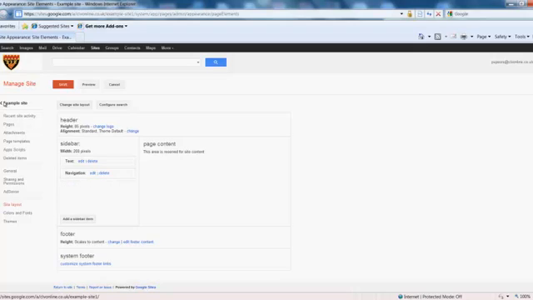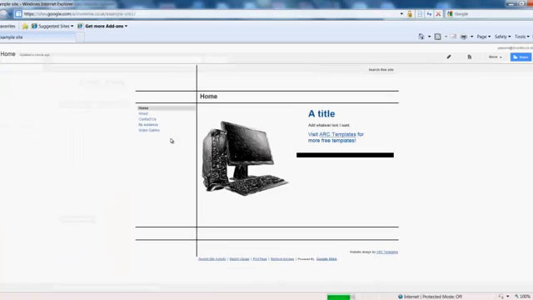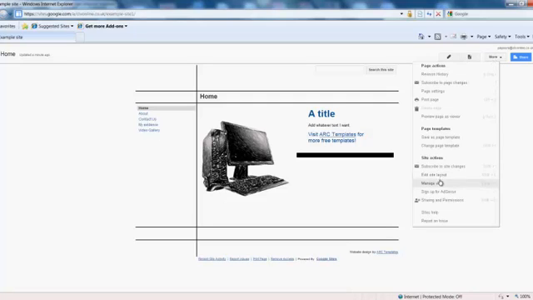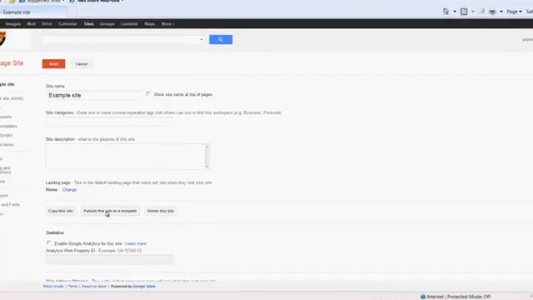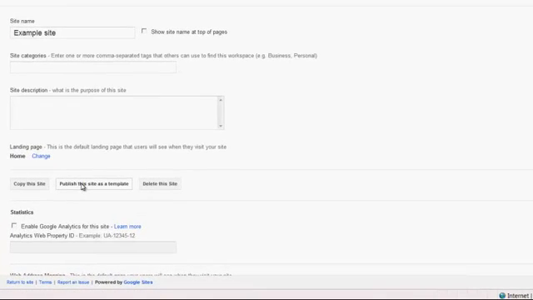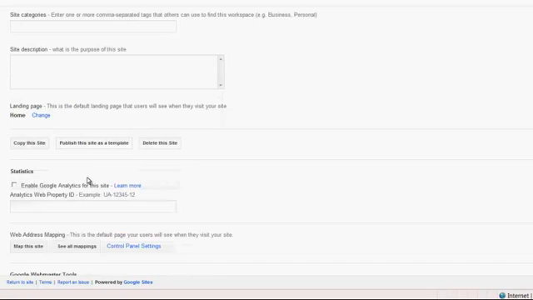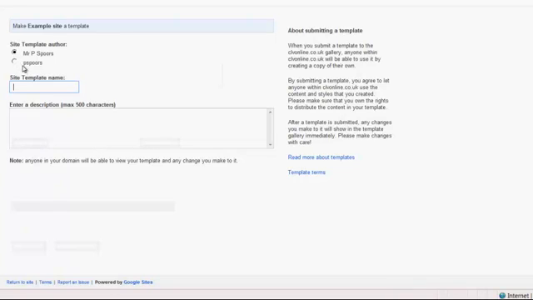If I go back, I'll save it first, sorry. If I go back, you can see that text is now gone. I'm going to go back into Manage Site, and to make this a template that students can copy and use as their own e-portfolio, you publish this site as a template. And give it a name. So let's just say, for example,